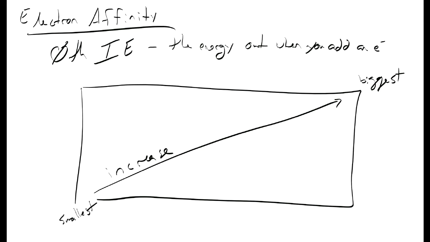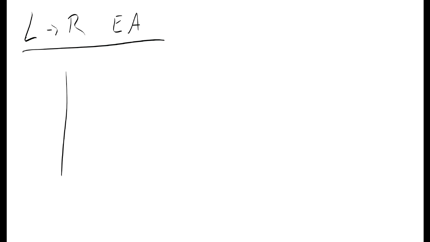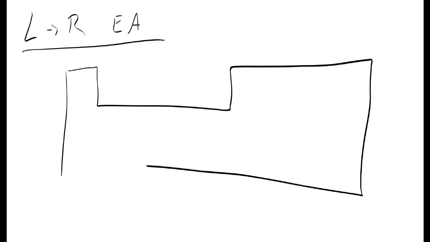Once again, this has to do a lot with electron configurations. Okay. So we're going to tackle these exceptions in two different ways. First off, we're going to talk about left to right, then we're going to talk about going from top to bottom. Okay. Left to right for electron affinity. Because going from left to right, you are getting an increase in effective nuclear charge, the electron affinity should increase. You should get more energy out as you add an electron. And this is largely true,